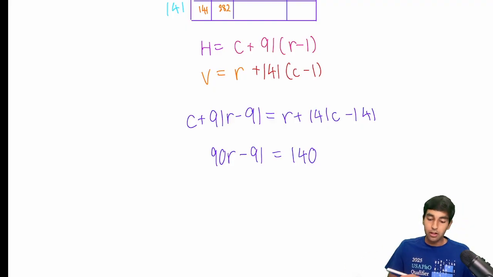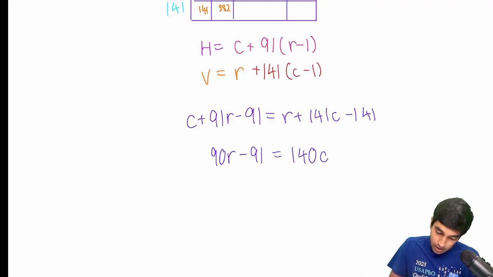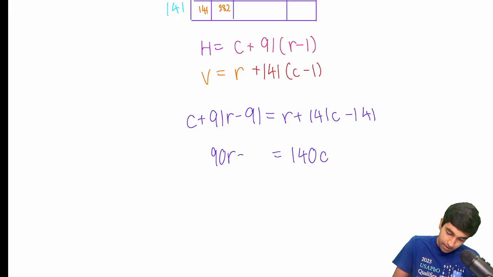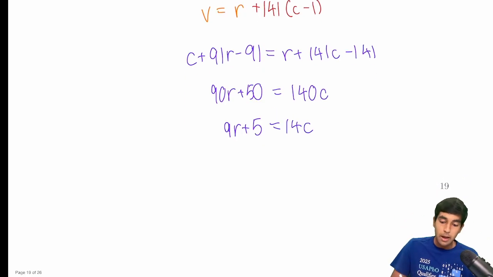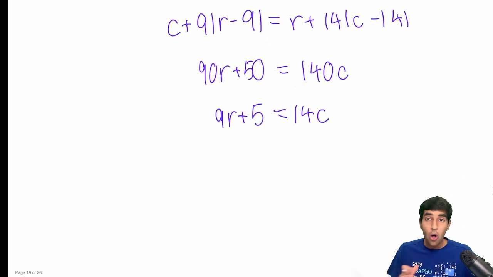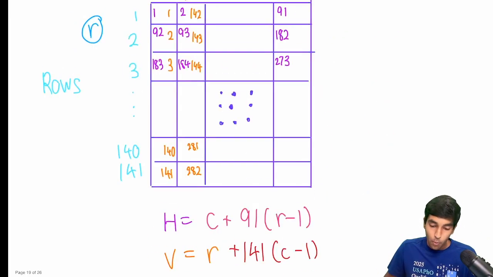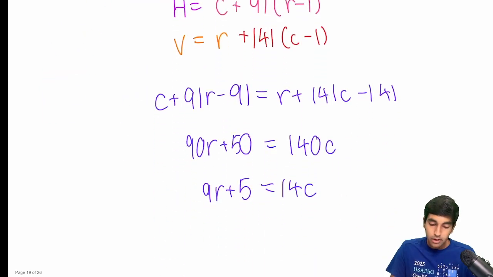R plus C from both sides of the equation. 140C minus 141. We can add 141 to both sides. We will get plus 50 over here. Then divide by 10 to both sides. So 9R plus 5 equals 14C. Okay, and now all we have to do is figure out what values of R and C such that this